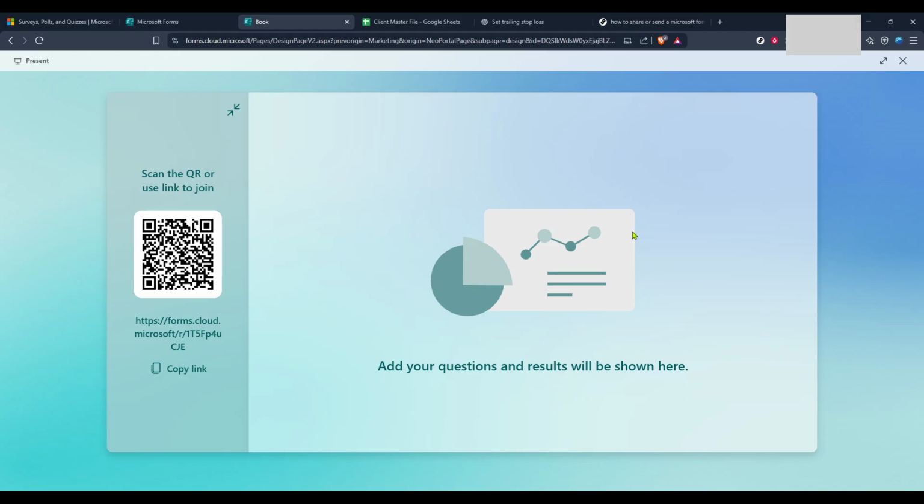Now, it's time to generate the link that you'll send out. Look for and click on the Copy Link button. This will create a shareable URL of your form. The link is essential as it enables respondents to access your form from anywhere, whether it's for a survey, quiz, or general information gathering. Once you've copied the link, decide how you want to distribute it.